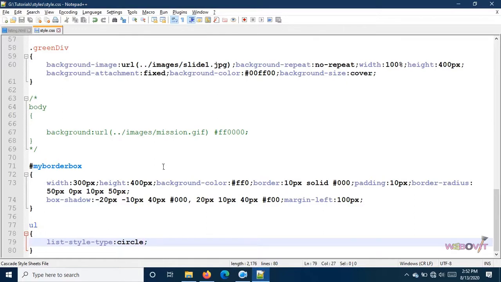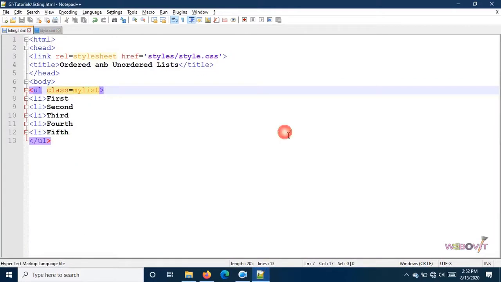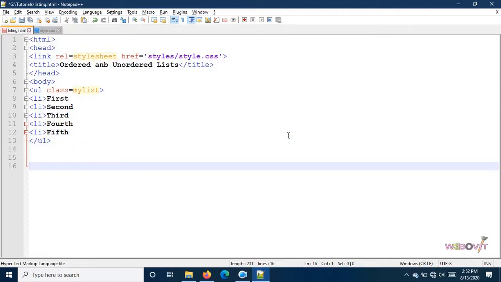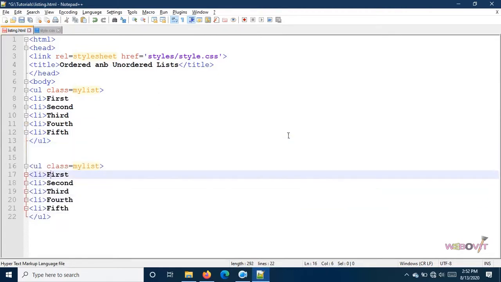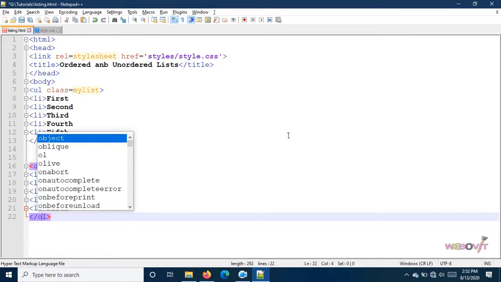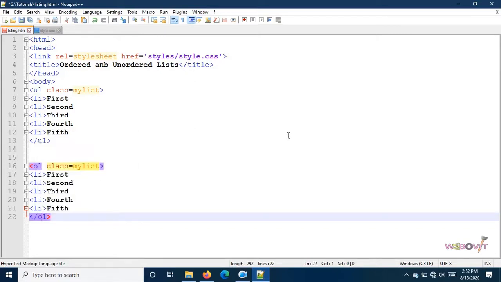Okay, so an unordered list has only 3 styles: circle, disc and square. But an ordered list has so many styles. What we will do, first we will mention one ordered list as well. We will copy this one only. Now instead of the unordered list, we have this one, the ordered list. You should also have knowledge of ordered lists. If you have knowledge of unordered lists, both of these were covered in our HTML tutorials before.